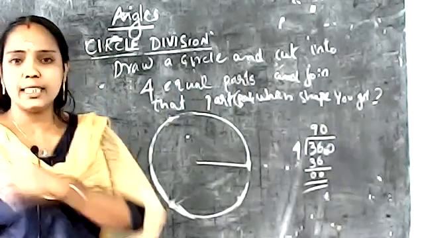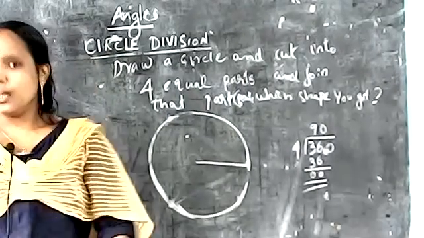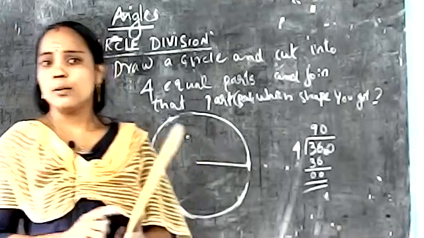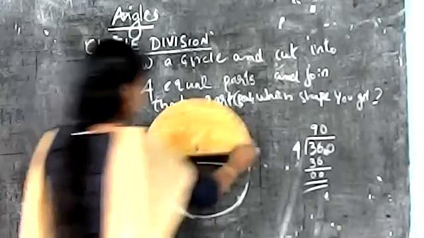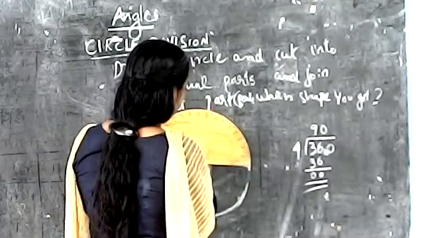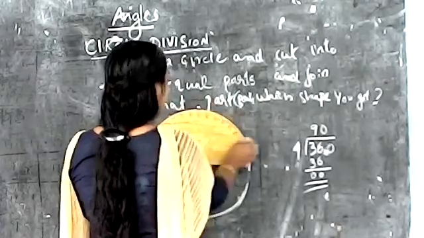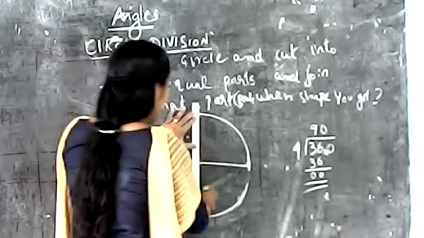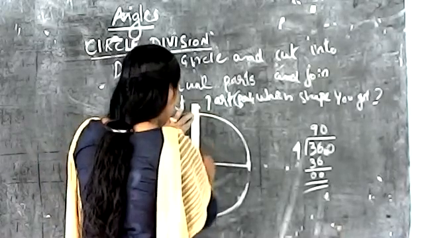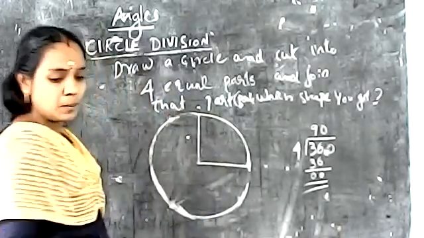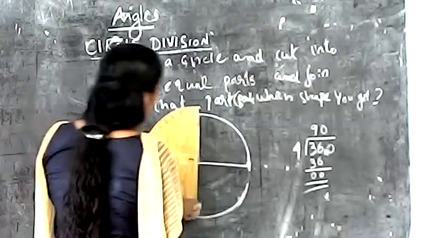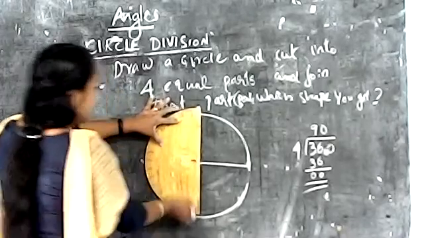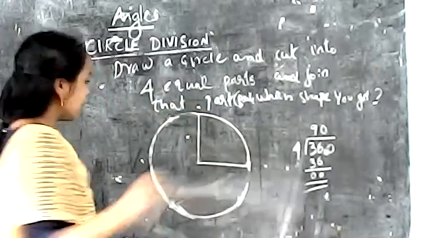90 degrees. How can we get it using a set square? A set square also has 90 degrees. But we use the protractor now. Find out 90 degrees. After getting the points using the scale, join them. Again you get one new radius. Again, find 90 degrees. Mark it.